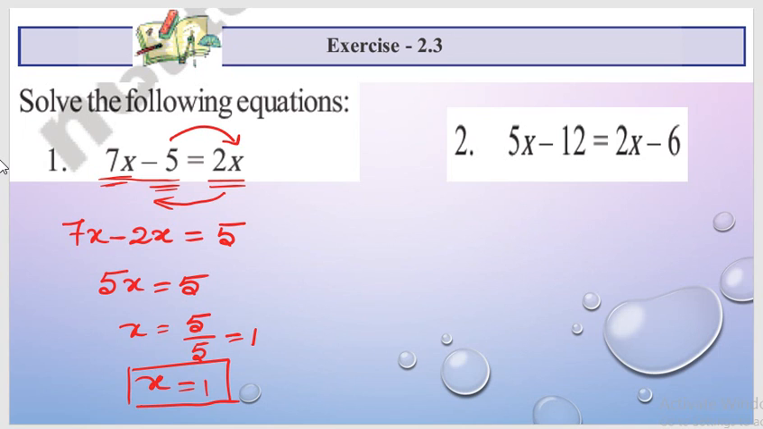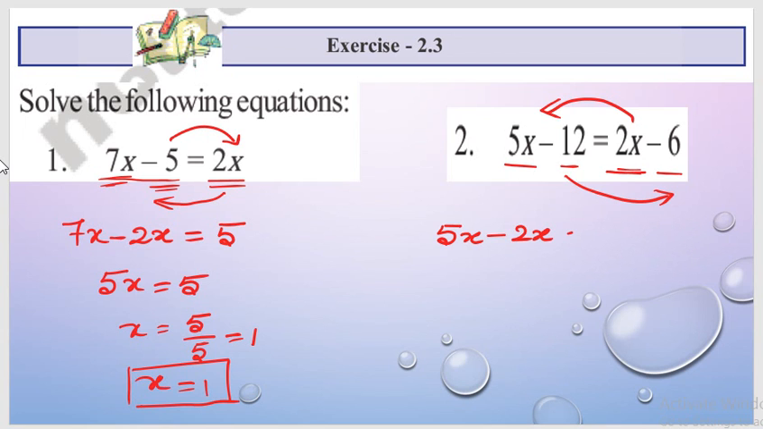Now let us see the second question. In the second question, we have variable as well as constant on both sides. So here we need to bring the variables to one side and the constants to the other side. In this process, we are bringing this 2x to the left hand side and this minus 12 to the right hand side, and whatever other terms are present will stay in their own positions. If you observe, 5x is already on the left hand side,